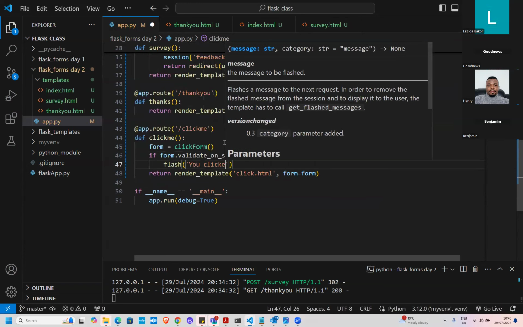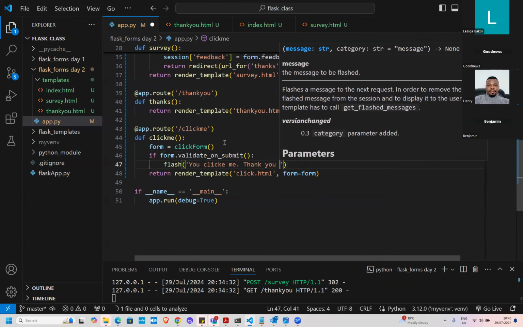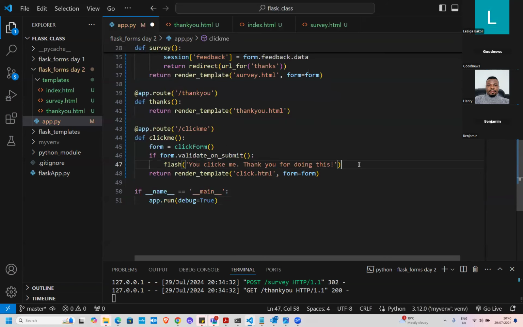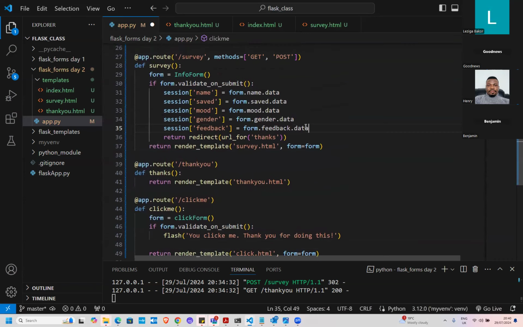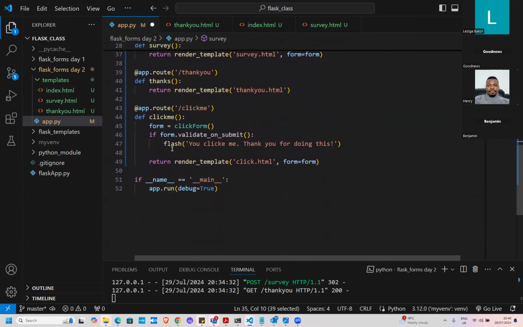You clicked me. Thank you for doing this. That's all. I just want to show the Flash. And mind you, we could even put Flash here if we want. We could just put a Flash anywhere in any of them. But I'm just doing this to show you. In a subsequent video, you'll see how we'll use it more, but I'm just showing you how this works. So now when you have this Flash message